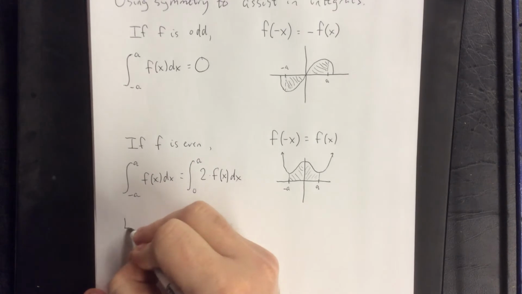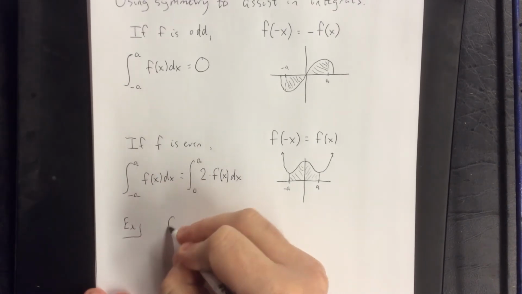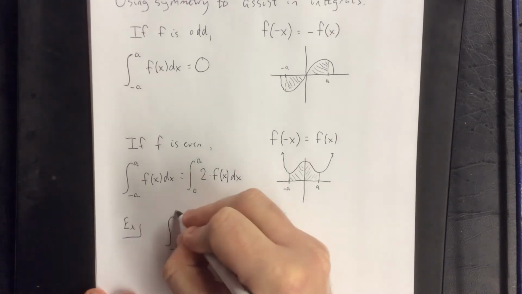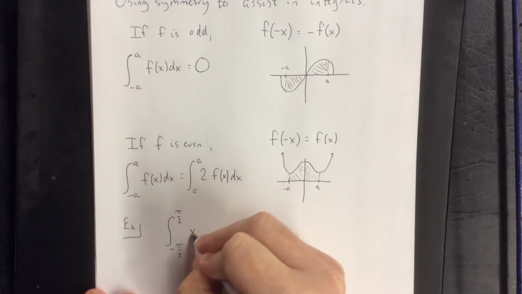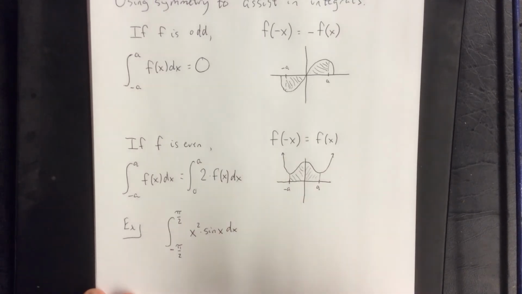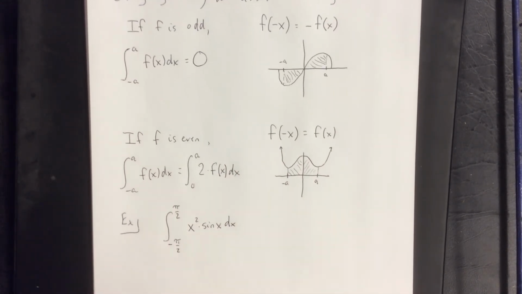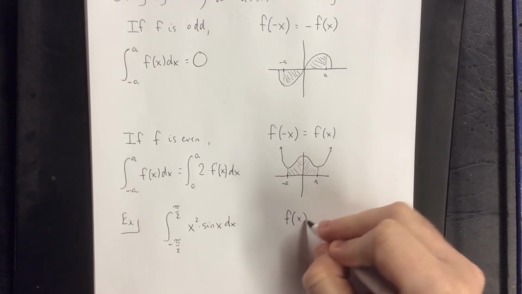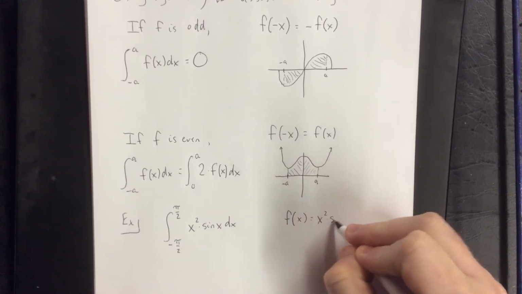As a quick example, if we were to consider the definite integral from negative pi over 2 to positive pi over 2 of x squared times the sine of x. Technically, this can be done using a technique of integration we've not yet talked about, referred to as integration by parts. But please note that if you were to take f of x to be the function x squared times the sine of x,